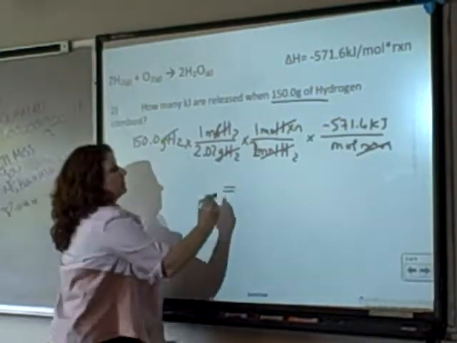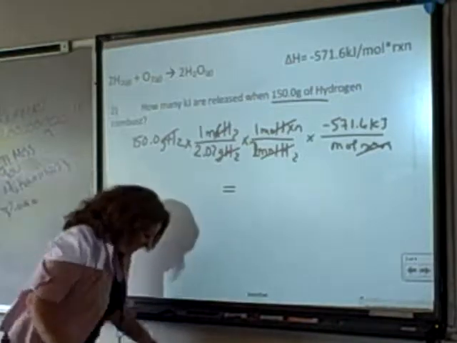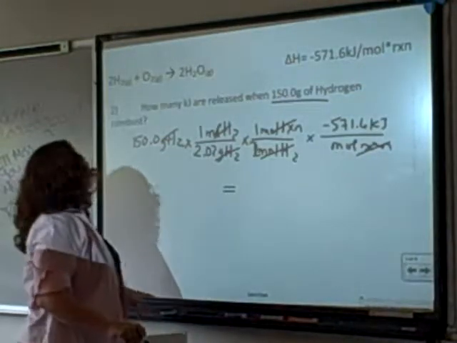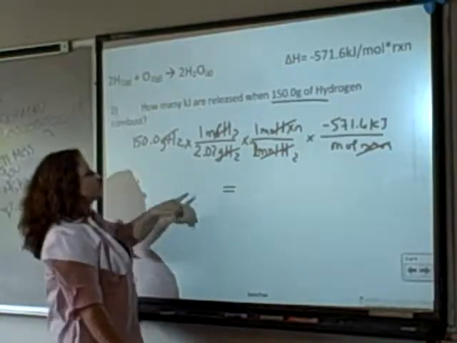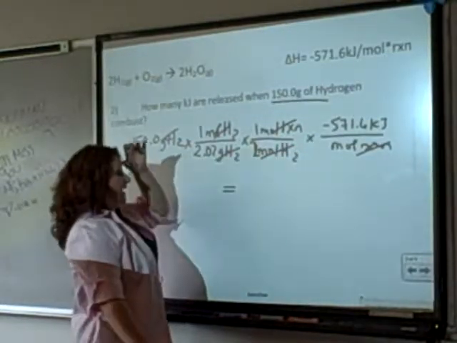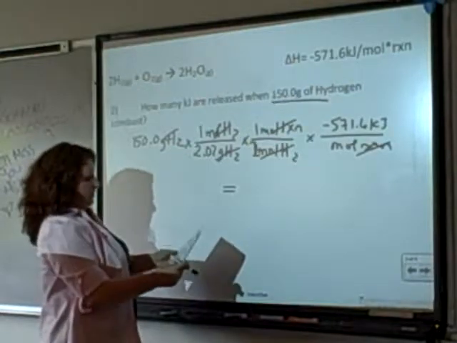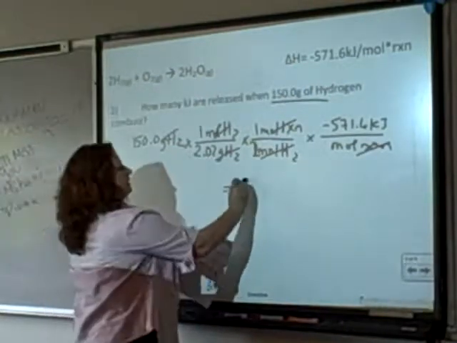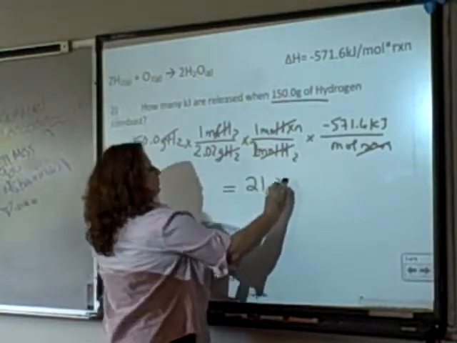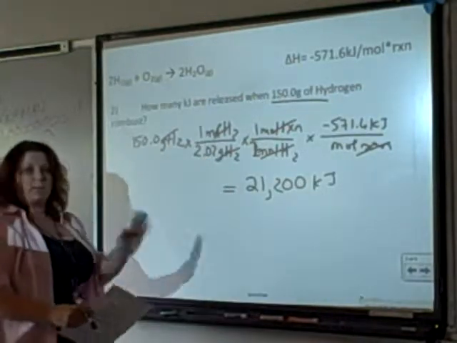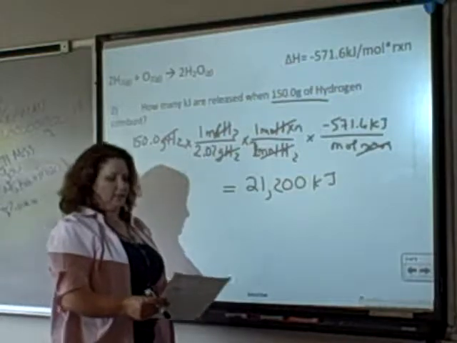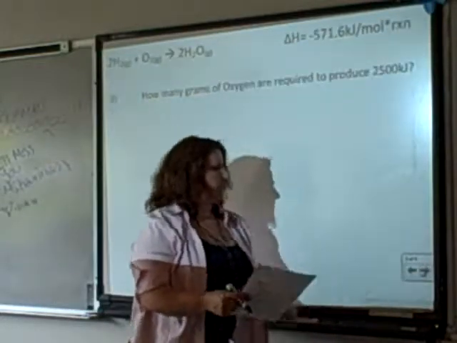And when you get this thing out, you take this number times that, and times that, divided by this and divided by that. Okay, so you get, if I have done this correctly, 21,200 kilojoules of energy out. Might want to pause and make sure that you can do this calculation as well. Okay, next